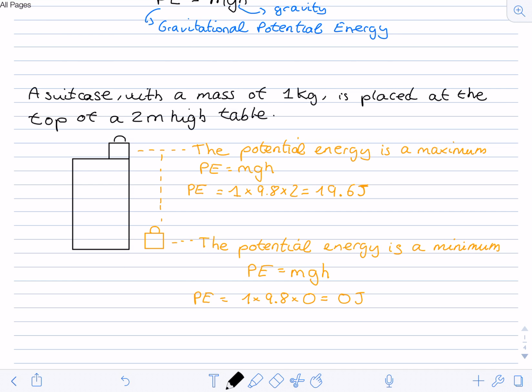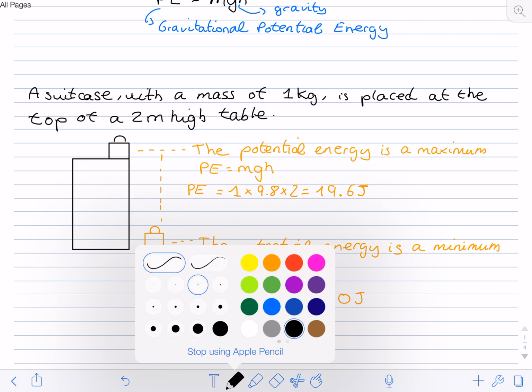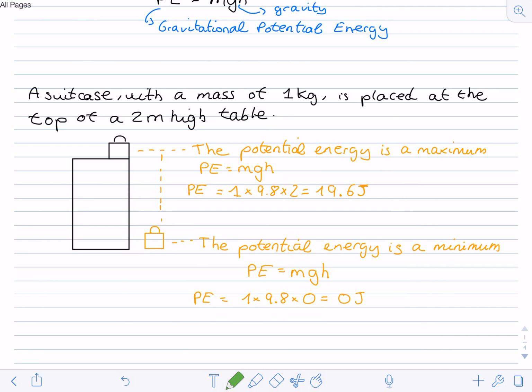If the suitcase falls off the table, it will lose all its potential energy. Halfway down, the suitcase will have lost half of its potential energy, and we only have half left. At the bottom, when it's on the ground, the suitcase will have lost all its potential energy, so it will be equal to 0. So if this is the table and this is the suitcase on top of it, just by being 2 meters above the ground, the potential energy is going to be